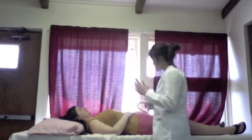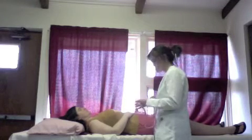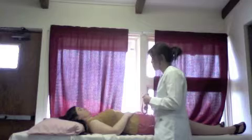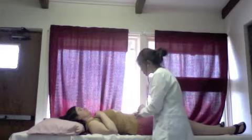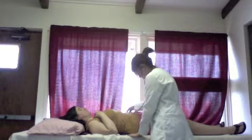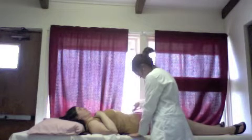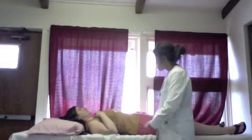So after doing just a basic inspection of the skin and the contour, I would go ahead and auscultate. It's important to auscultate before you do any of the other steps, just so you don't disrupt anything. So we're going to listen to all 4 quadrants. So I listen to all 4 quadrants. I'm just listening for normal bowel sounds. If there were any concerns,